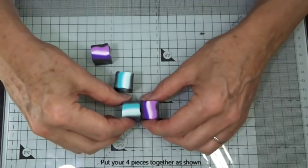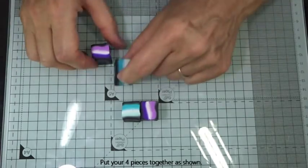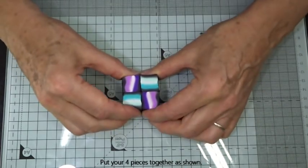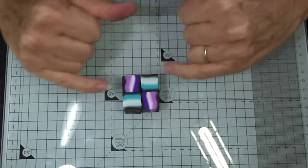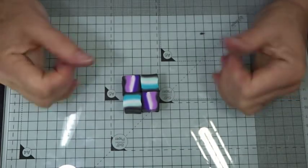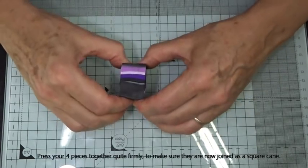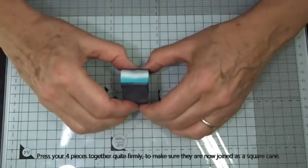This one's going to be turning like that, and I'm going to put the turquoise into the middle, and then I'm going to repeat, but in the other direction, so they end up like that. So I've got both purples going towards each other and both the turquoise going towards each other. And I'm just going to press down just slightly, just to make sure those 4 blocks